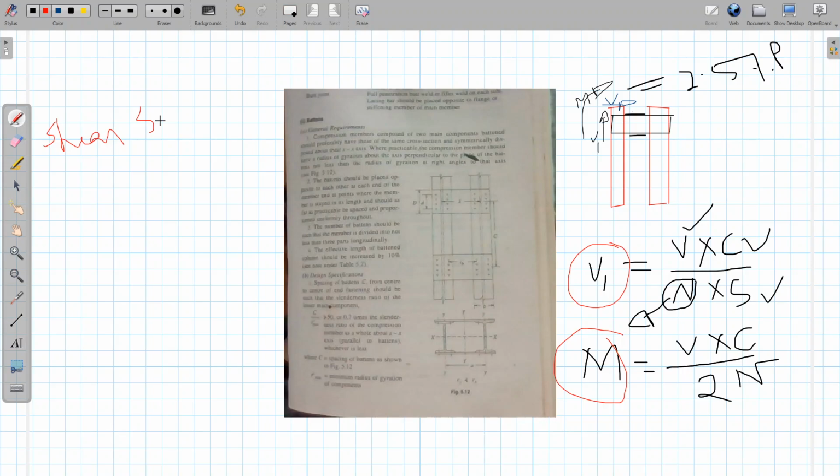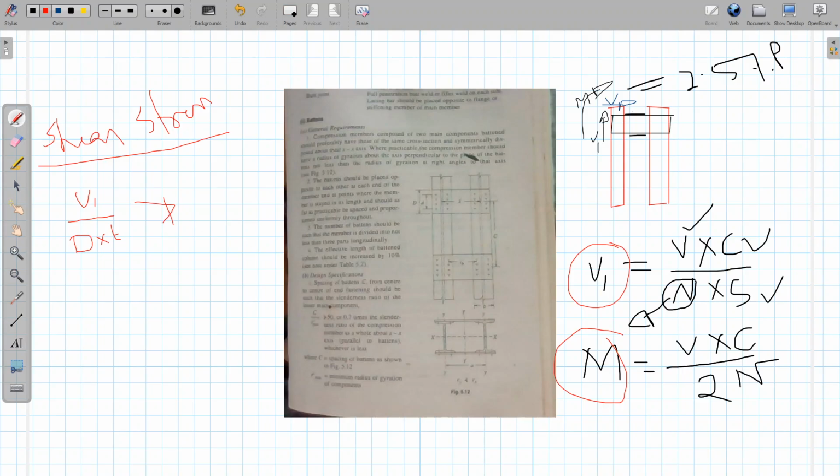And from bending moment we will do the bending stress. Shear stress is nothing but shear force divided by cross-sectional area. So cross-sectional area will be how much? B into thickness of the plate. D is the breadth, you can see, and T is the thickness. So V1 divided by D into T should not be more than